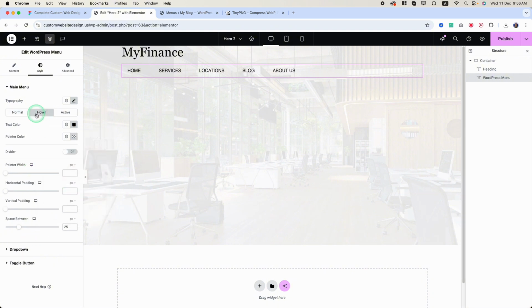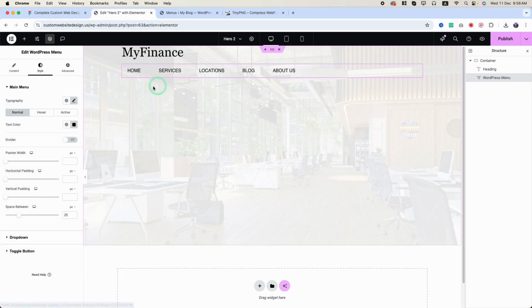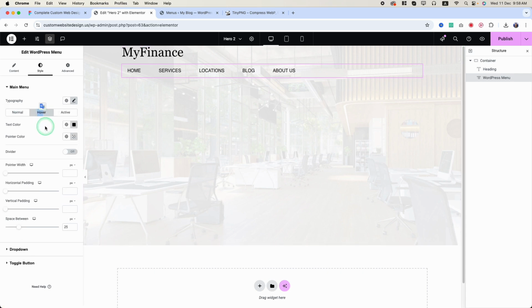On hover now we have an issue because here we don't have a way to bold this font while hovering. So we can only do it from here, like adding here, but when we do it, it affects the font. So to fix it, we have to add custom CSS. So let's do it after we complete this design because it's a bit tricky, and let's continue the design of the rest